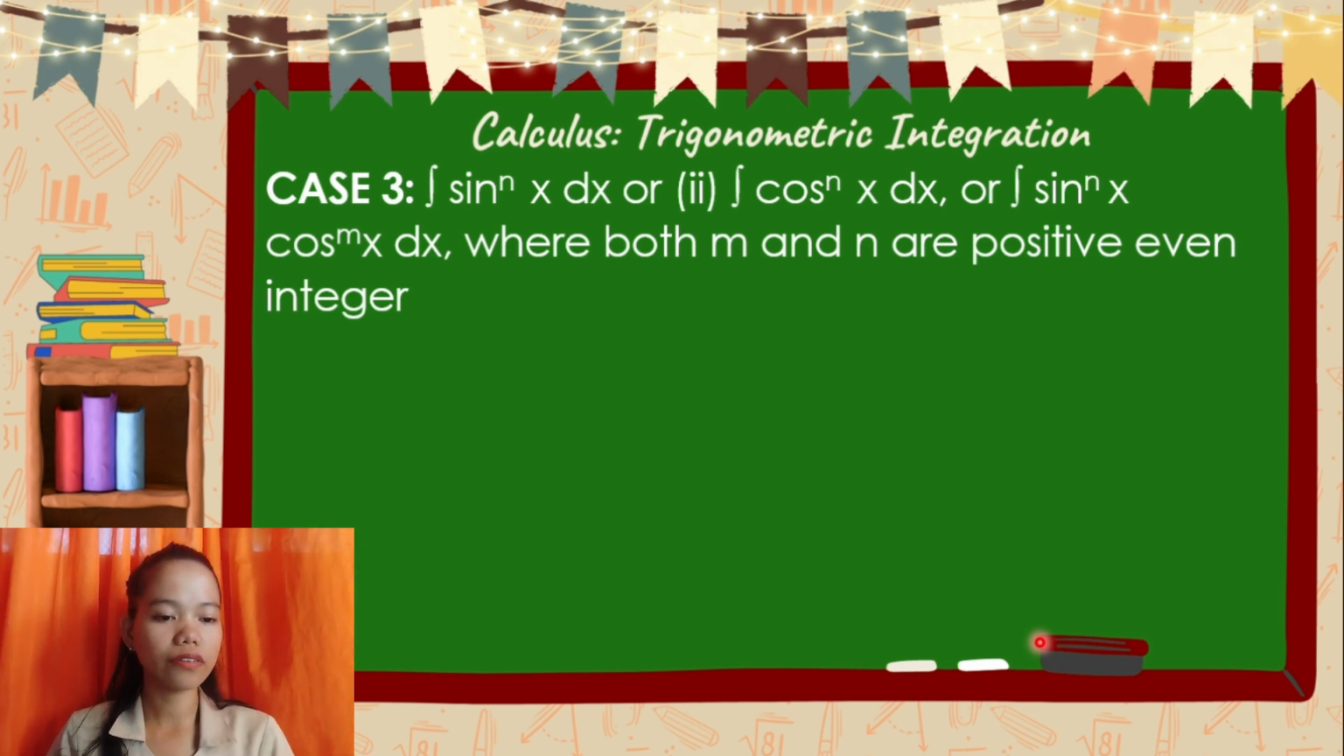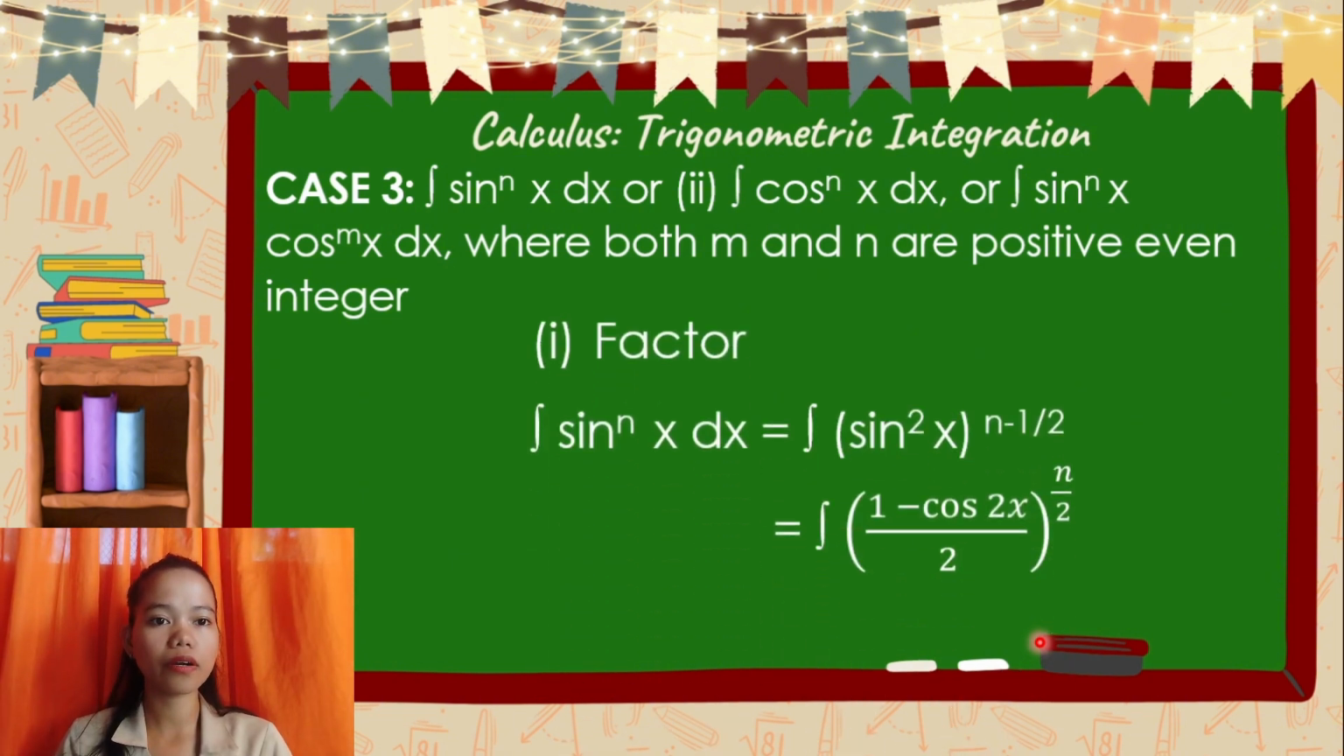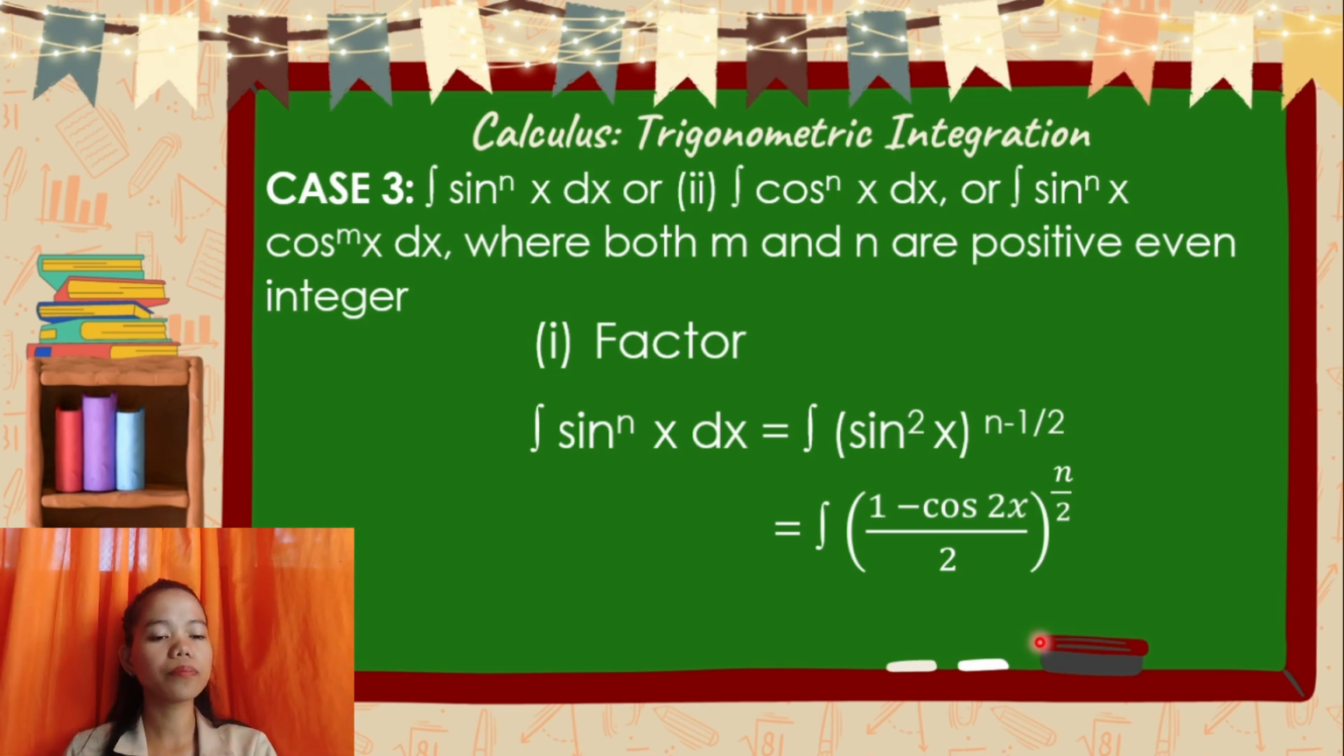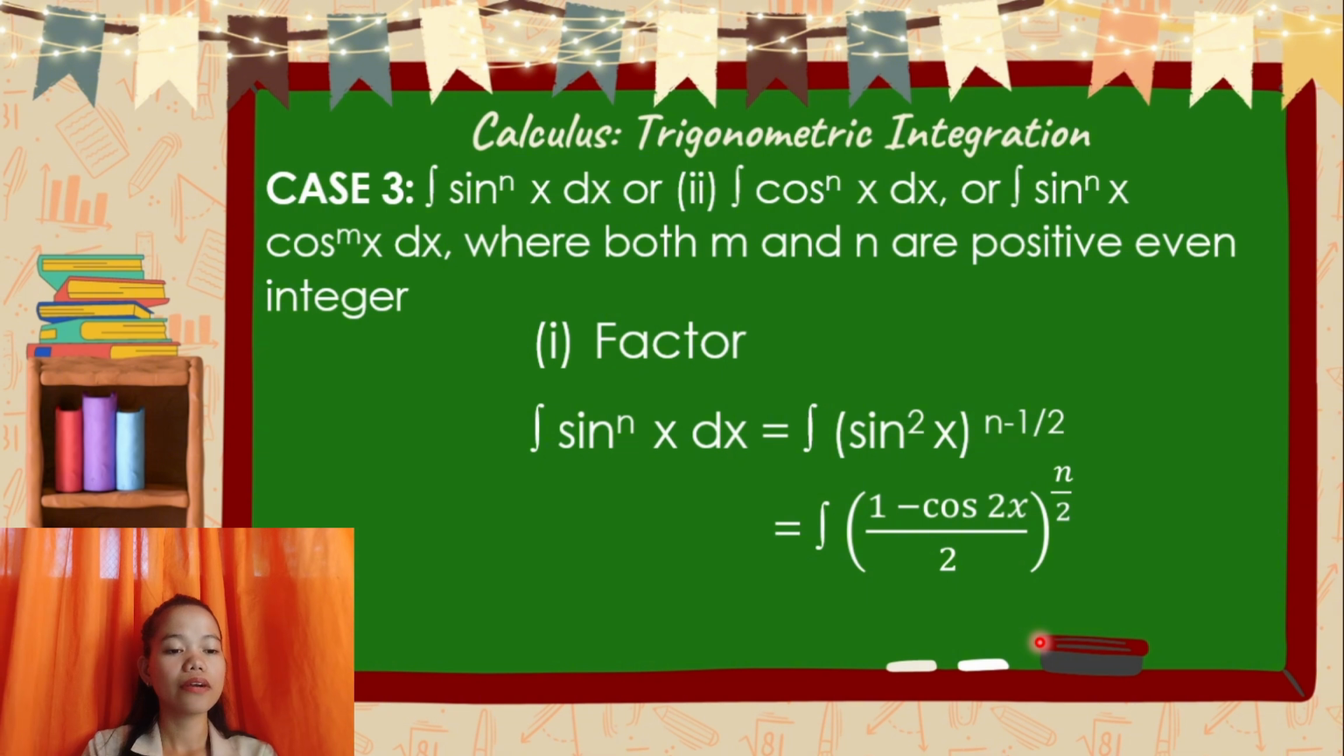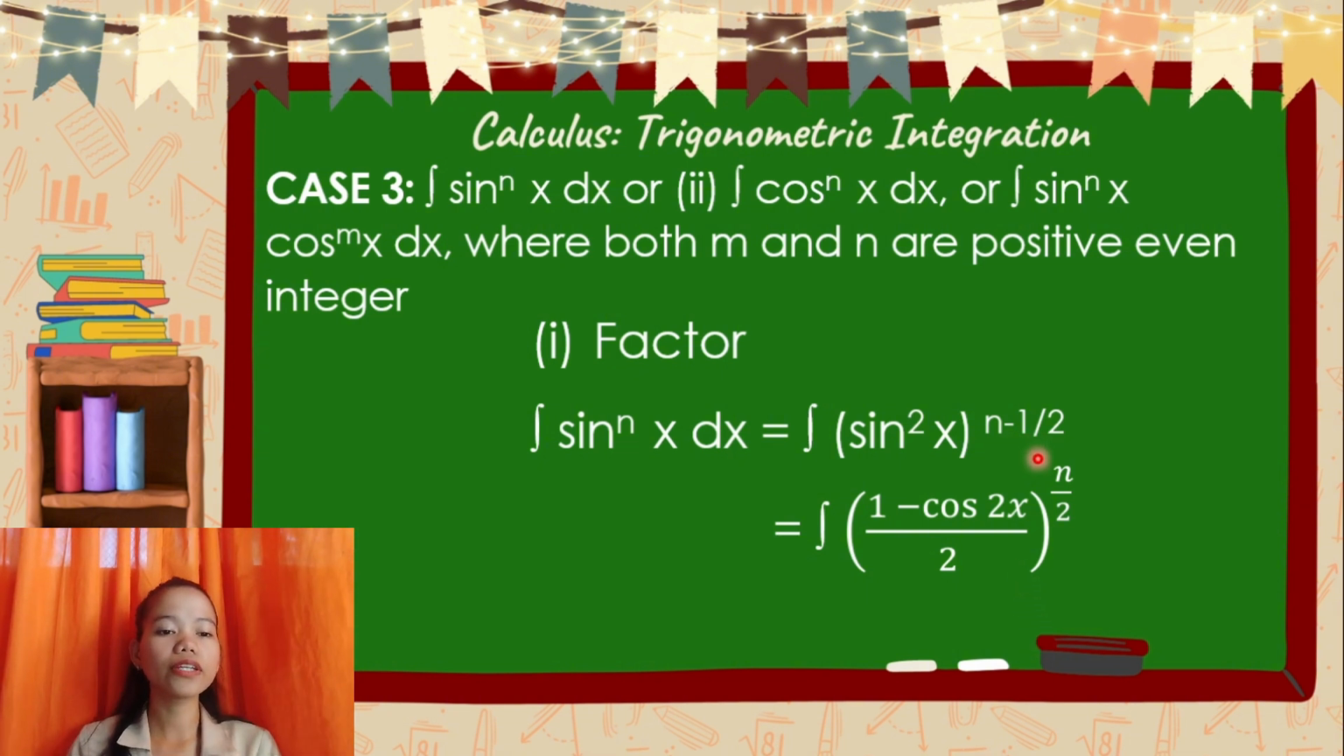So I have here the procedure. So the integral, let's say for example, the integral of sine raised to the power of n of x dx. Now what we have now is to rewrite the sine squared of x in the form of this raised to the power of n minus 1 over 2. So after this one, if